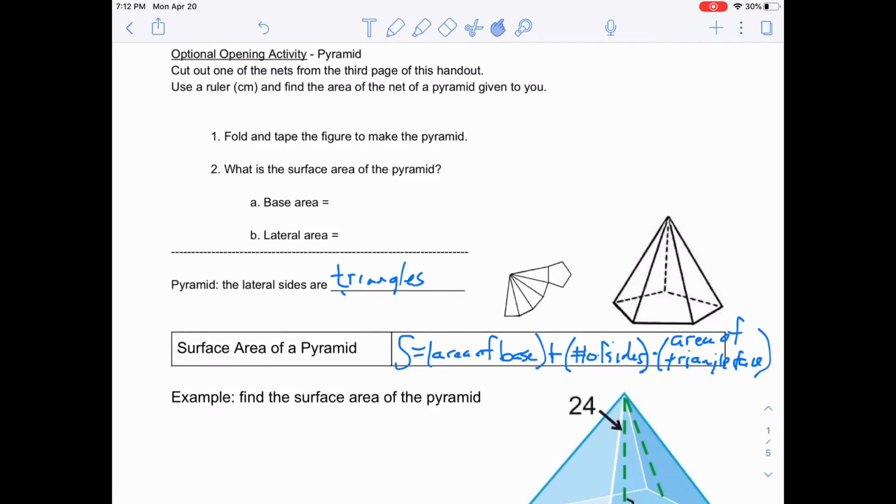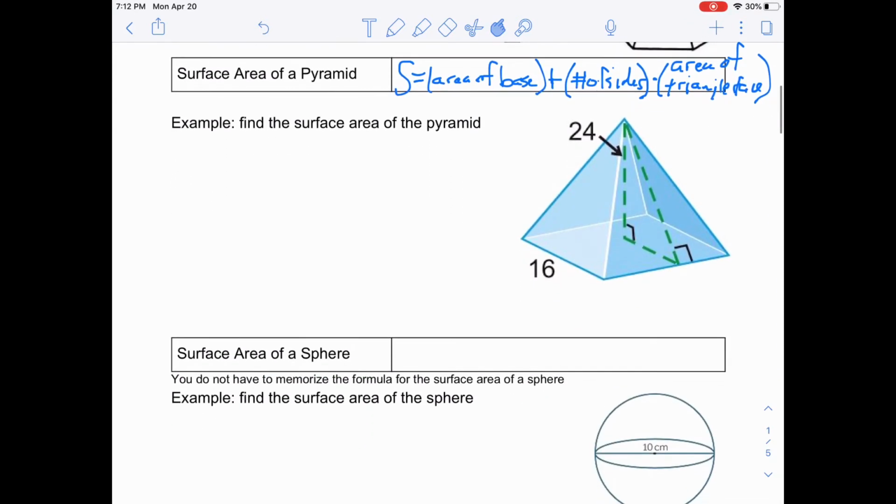Now, let's go ahead and try an example here. For this, we've got a square base here on this pyramid. And so what we're going to do to find this is, first of all, start by finding out what that slant height is, because this tells us that the height of the whole pyramid is 24, which we could use if we're trying to find volume. But in this case, we need what the length of this slant height is, and I'm going to call that an L for the length along the face, that's the height of the face of the triangle,